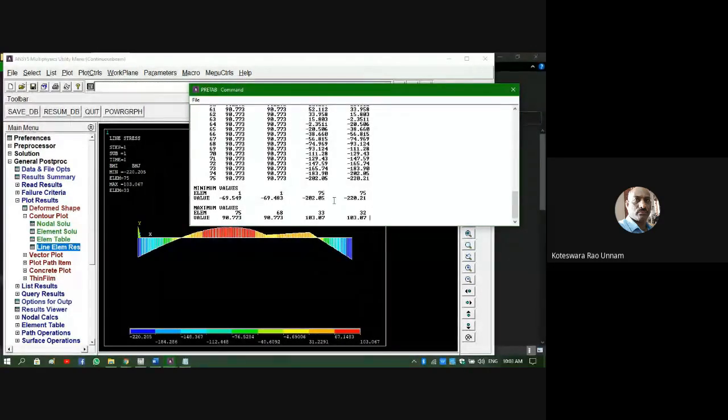So this is corresponding to the shear force values, and these are corresponding to the bending moment values. So from this you can pick it. So you can write in the table and then you can compare the solution. Here, for the picture, if you want to have an image, you can take this as the image. So like that, you can fill the table and you can put your shear force and bending moment diagrams also.